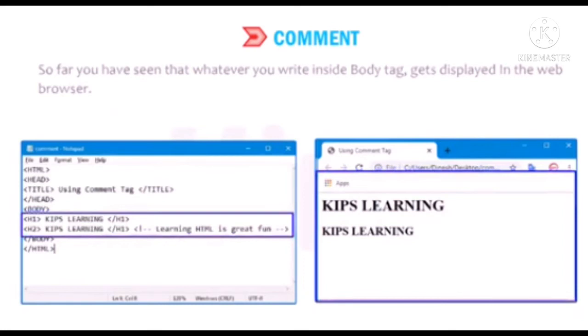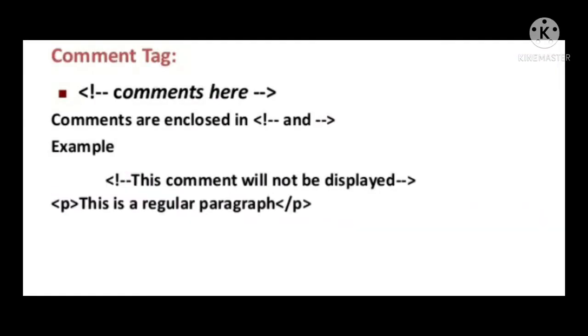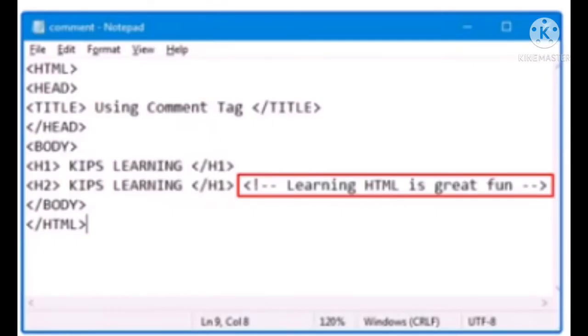To comment the text, you can type like this. In between the less than and greater than symbols, we put an exclamation mark. After that, after two dashes, we type the comment, so that it is displayed only in the HTML document. We can't see this comment in our web browser. Okay, so that is about the comment element.